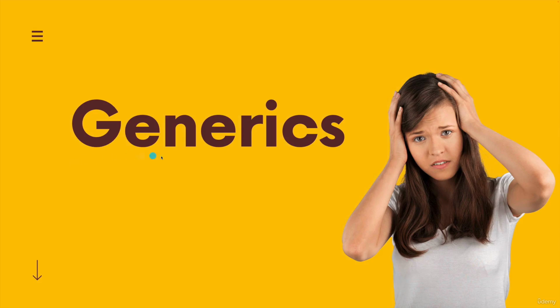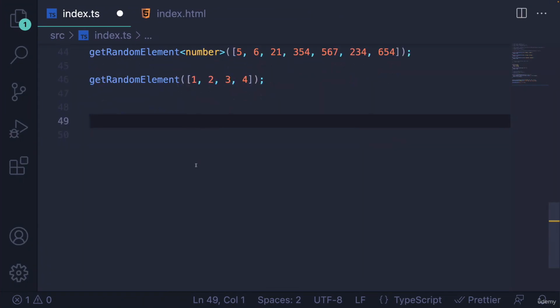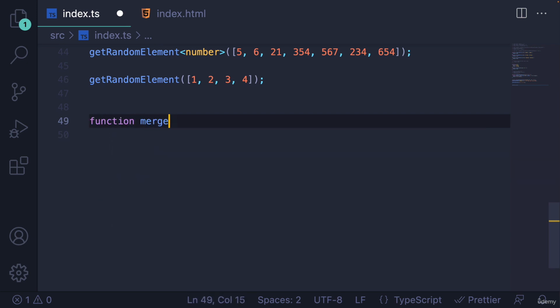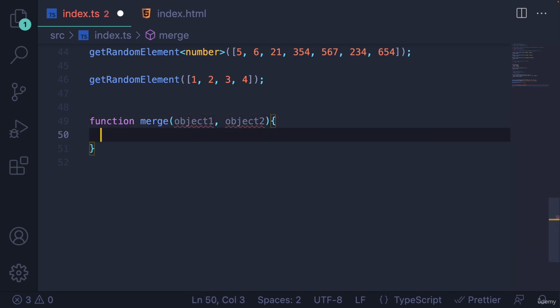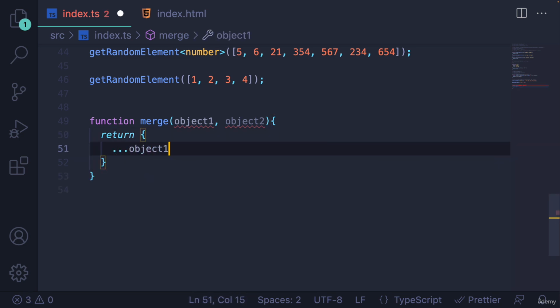We can also write generic functions that have more than one type parameter. A simple, pretty common example to illustrate this concept would be a function called merge that accepts two objects, object 1 and object 2. It's just going to merge their properties together. I'll use the spread operator: object 1,